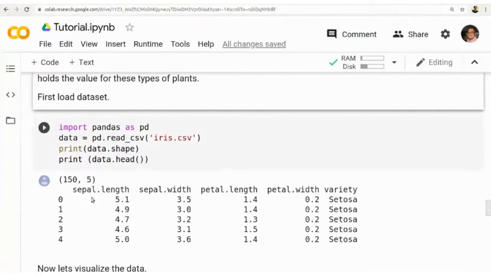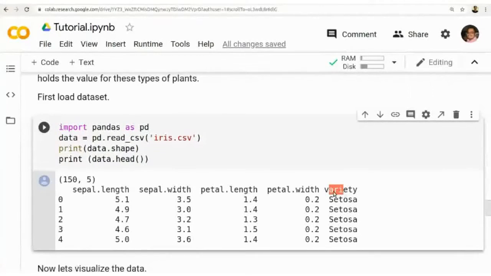We have 150 data records, each with 4 values and the corresponding variety. The label will be the variety. We are not interested in the outcome variable now because we are going for unsupervised learning. We need to convert the data points into 3 clusters, because there are 3 types of iris plants in the data set.